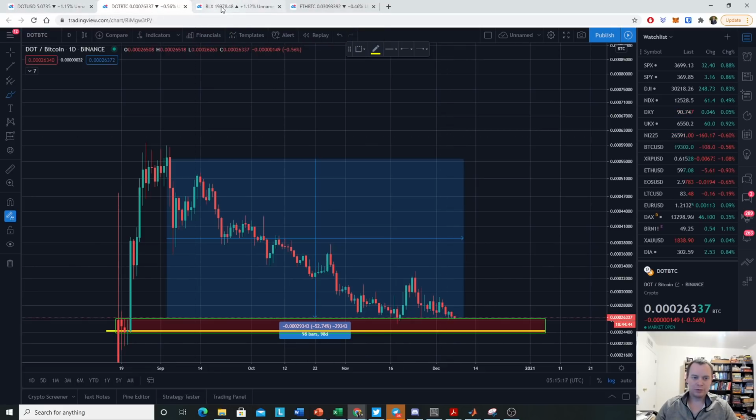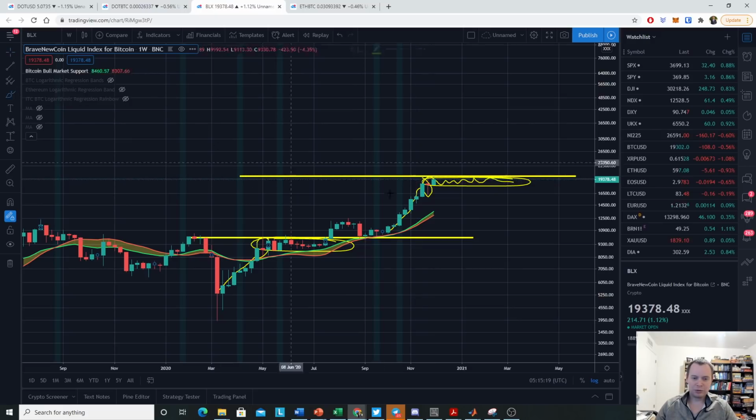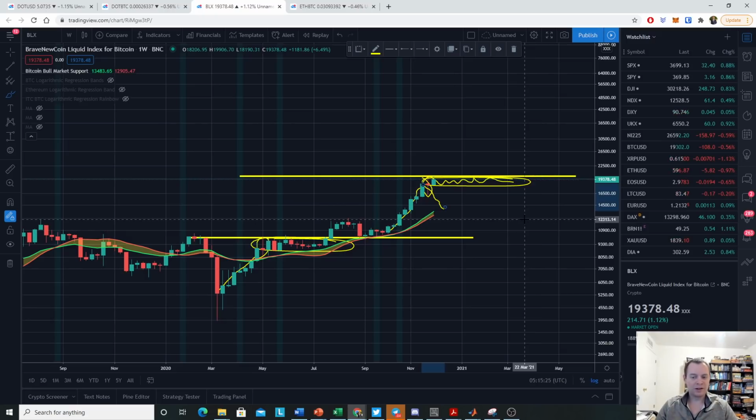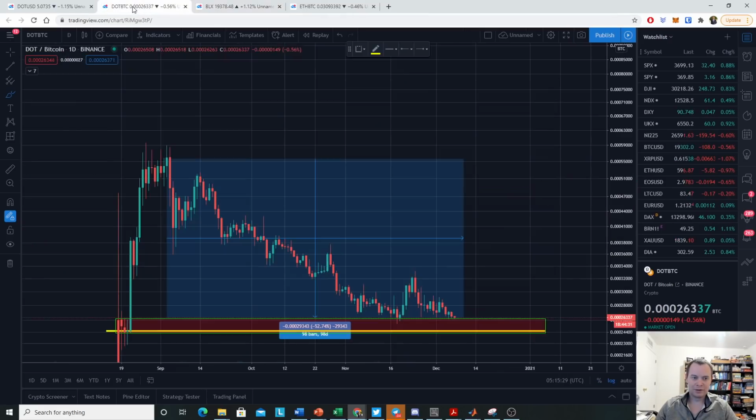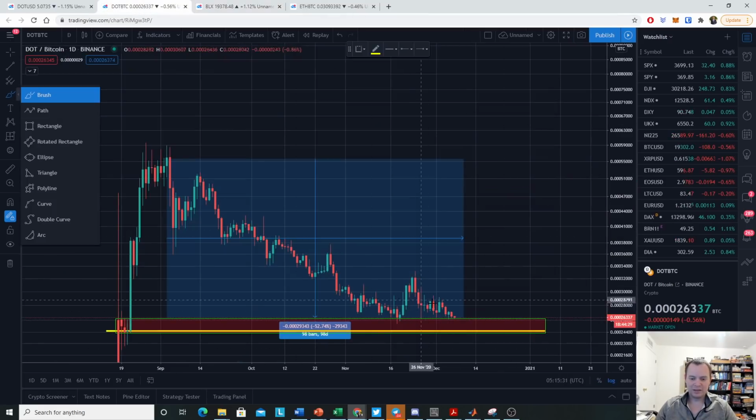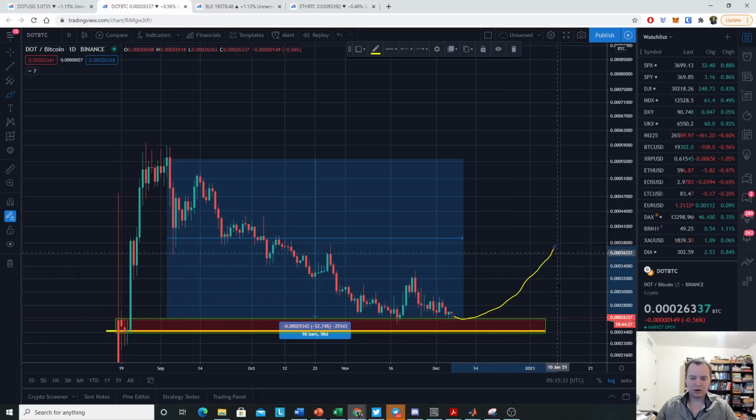So if Bitcoin were to trend back down to the 20-week moving average without going sideways, then I think things are going to be put on hold for the altcoin market for a bit longer. However, if we're lucky and we go sideways at this level, then I think there's a good chance that we see some type of turnaround point here, and then hopefully we're off to the races.